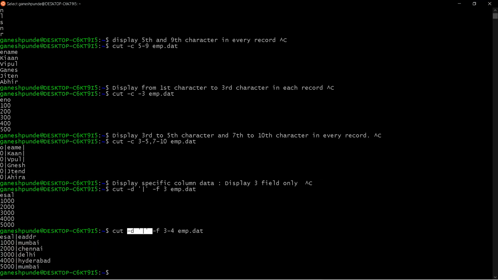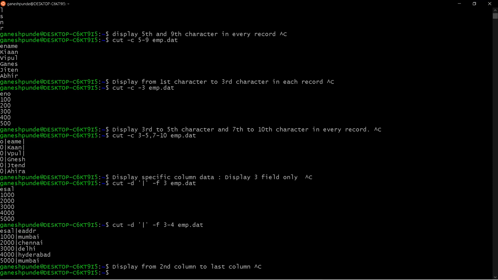Now, suppose you want to display from second column to last column.